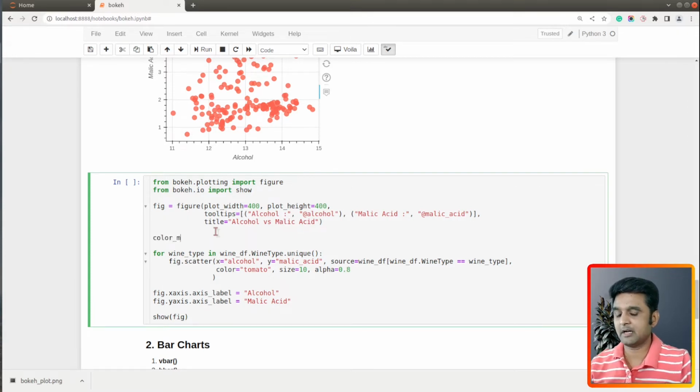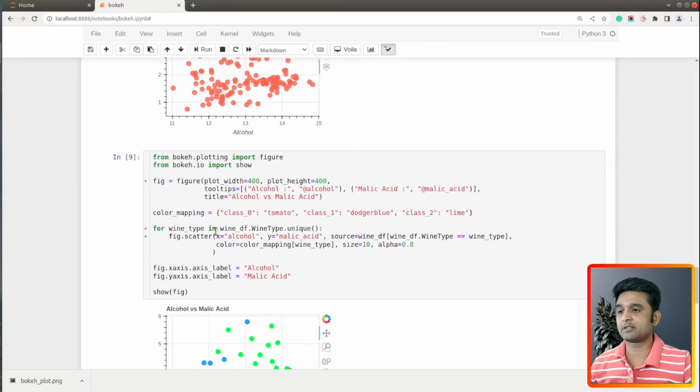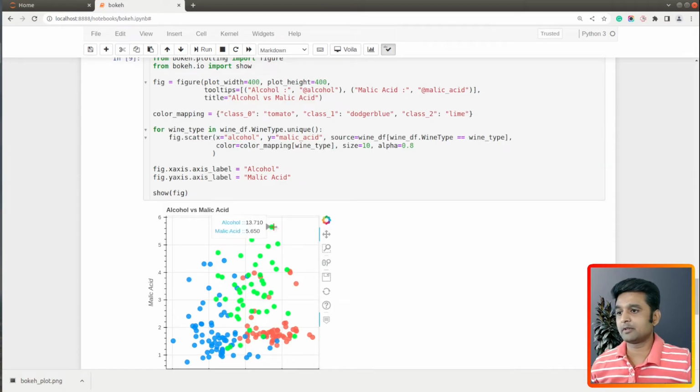So what I will do is that I will create a simple dictionary where I have mapping that if it is class 0, then tomato color, class 1, then Dodger blue, and if it is class 2, then lime color. Now over here, when specifying color, I will use the dictionary color mapping of wine. So there we have. So let me execute this, and here we have our